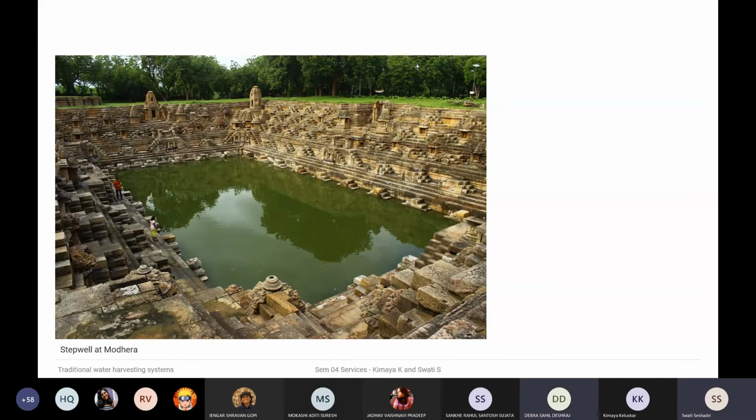Okay, thank you. So it might be a possibility that in the monsoon, only the top two rows of the steps are visible and the rest are filled with water. Yes, it all depends on how much rain you get that year and how much the population and the ground table is being increased.